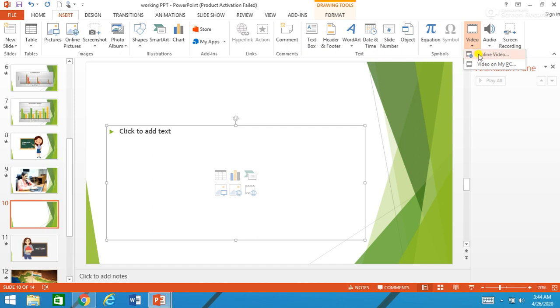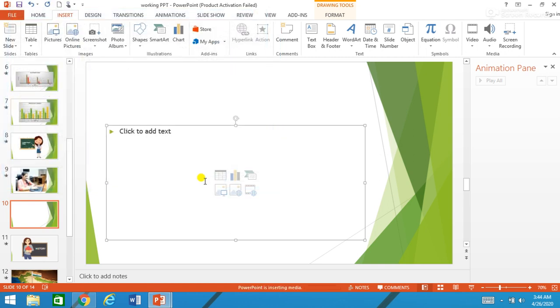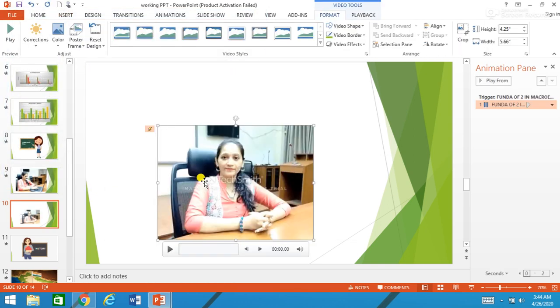You can either have an online video from YouTube, or if you have your own recorded videos, or videos which you had downloaded long back and saved in your PC, then you can get those videos from your PC. Suppose right now I have one video, my own video, so I just select that video and insert it on this slide.